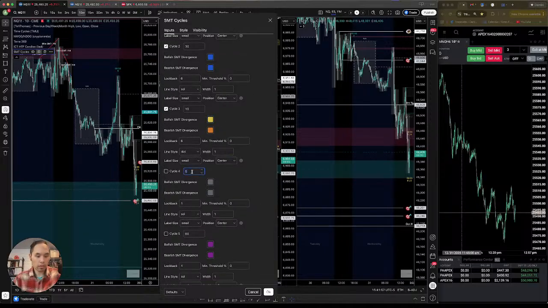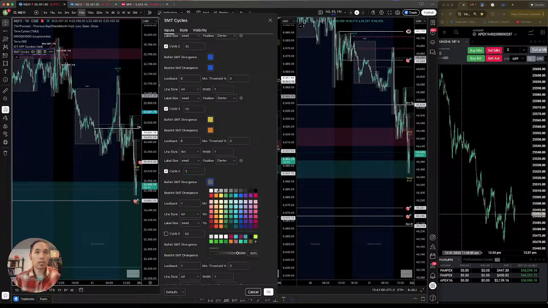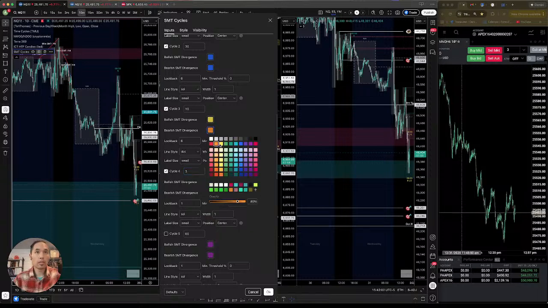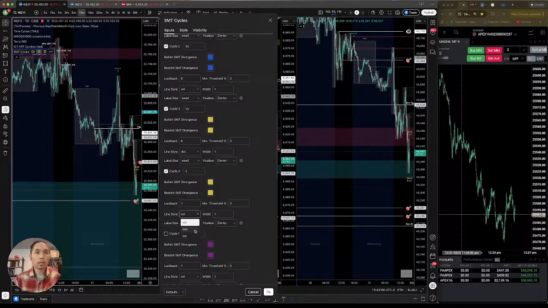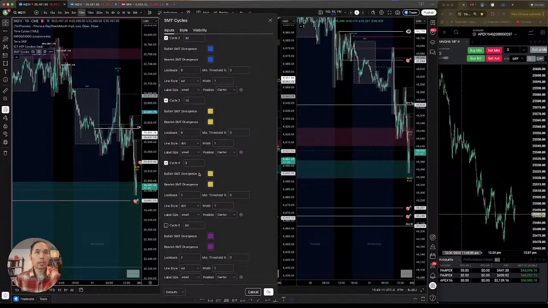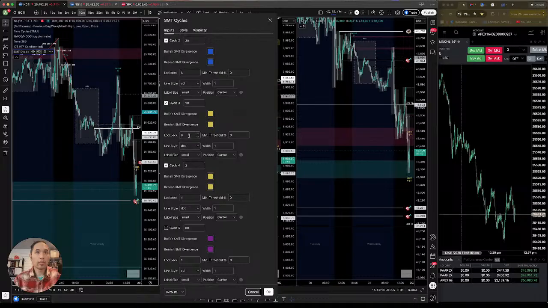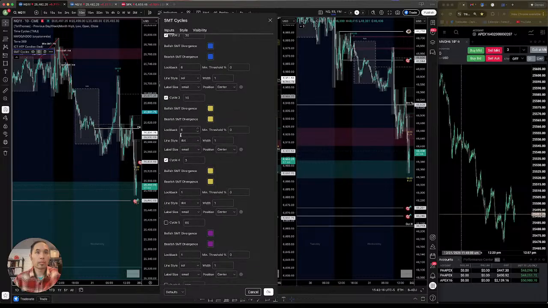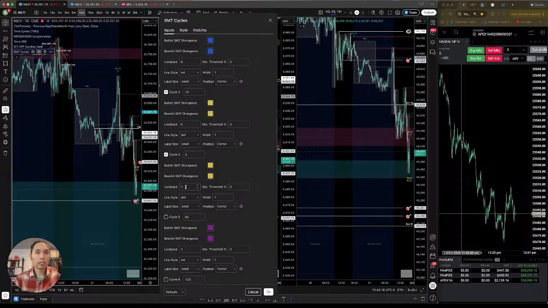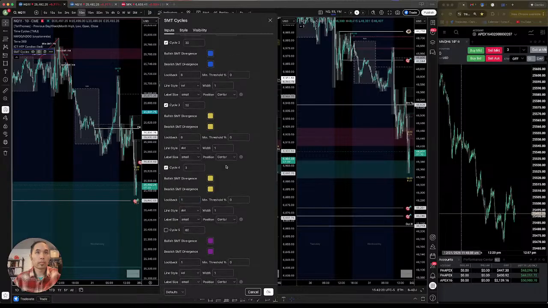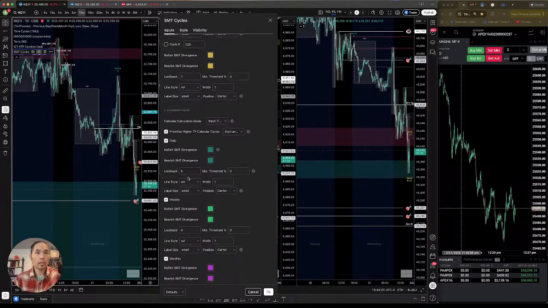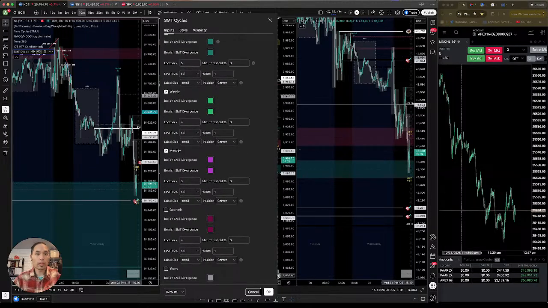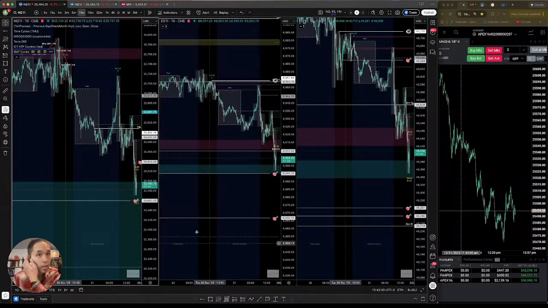And then I'm going to go 3 minute yellow. Dotted. So daily, I'll just leave all those for now. I don't have time to mess with the colors, but for now,